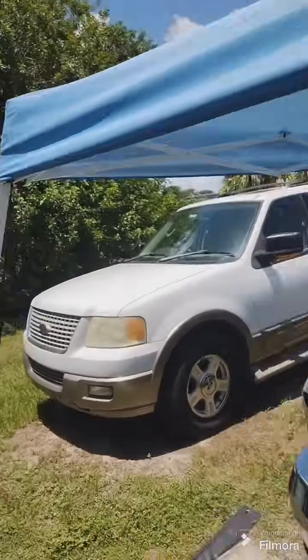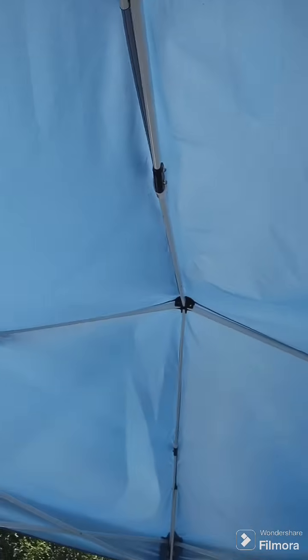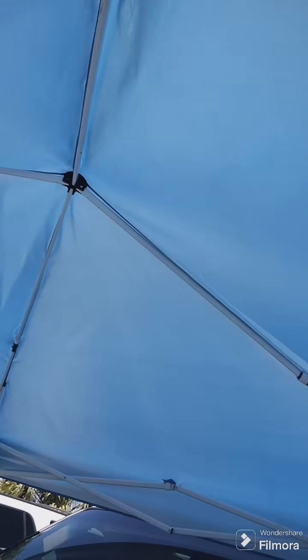Granted, it's open all the way around, so the wind does pass through it. It may try to lift, but I do have it anchored down with some rope and some stakes. You see down there maybe? But yeah, they're anchored down on all four corners, and she held up okay, not a problem. So you guys could see not a single rip anywhere, unlike my other two. So for you guys that are asking,